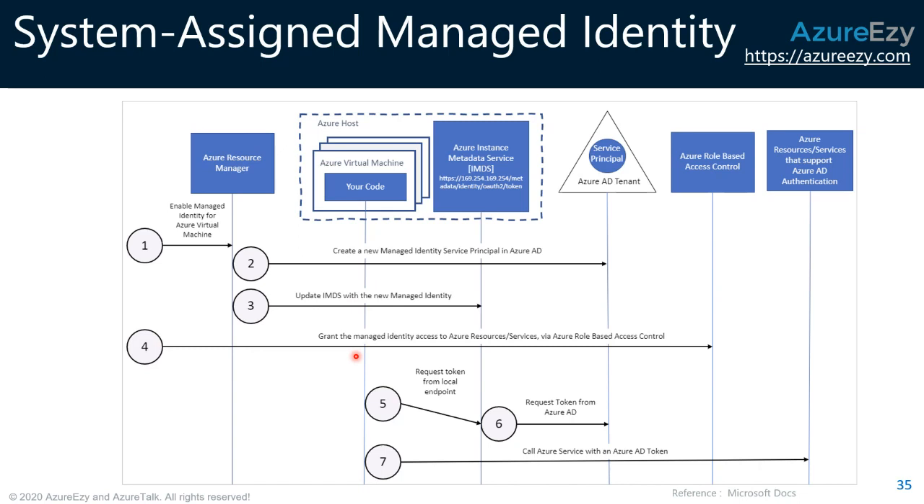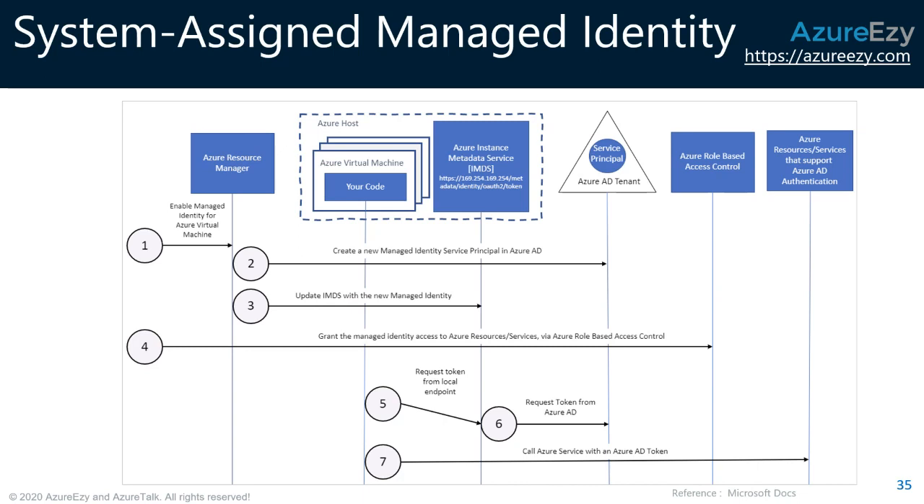Once that is done, what will happen? Your code, the code that you have, that is, your VM, will request a token from your metadata service endpoint. Once it requests that particular token, the request is taken from Azure AD, right? And once that token is